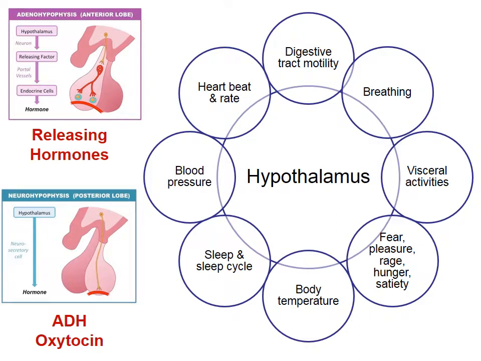Back to the hypothalamus. Many of its functions are autonomic nervous system related, but it also has nuclei for emotional responses. Movement of your digestive tract, breathing responses to stimuli, organ movement, regulation of body temperature, heartbeat, and blood pressure are all autonomic motor functions. You can see emotional nuclei for pleasure, fear, anger, hunger, and satiety, your feeling of being full, as well as